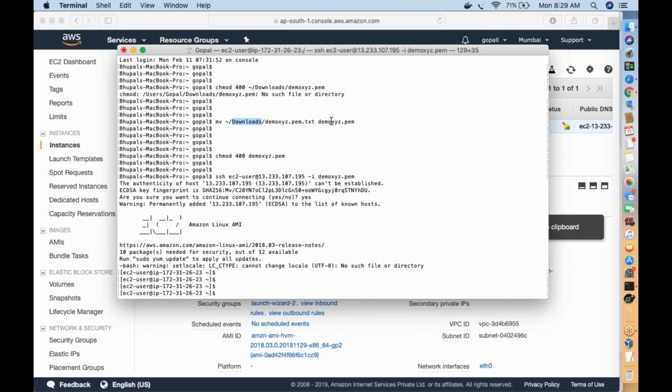Exactly. It will move to my home directory, and at the same time it will rename it as well. Two things together.